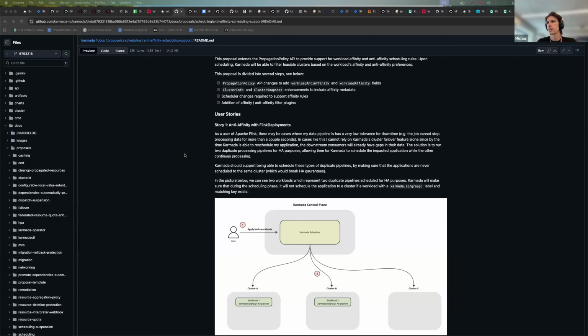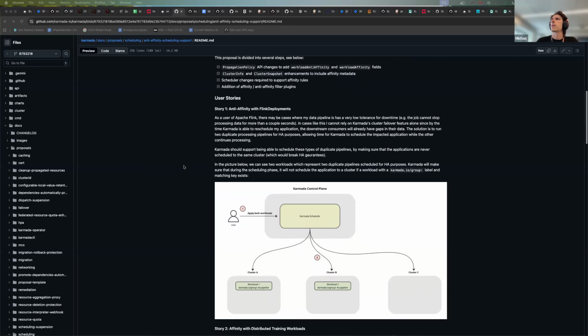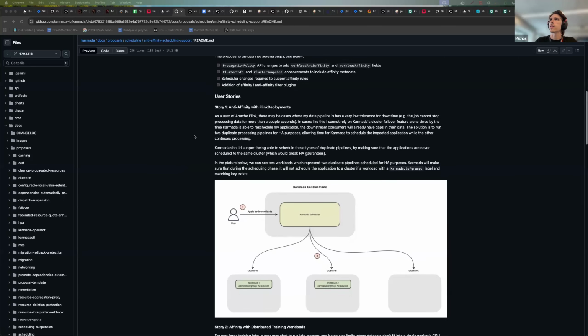So for instance, based off of the topology key, in this case, the cluster itself will probably be the topology key. If a workload is trying to get scheduled to a specific list of clusters, Karmada would check a set of clusters that match that topology key for that workload and check if there's a workload in one of those clusters that violates its anti-affinity or affinity rules. And then obviously we'll need to make changes to the scheduler as well as add in an affinity/anti-affinity filter plugin.